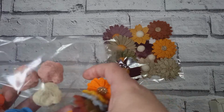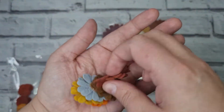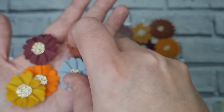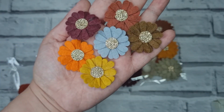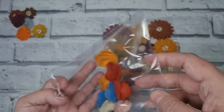So we've got the Autumn Daisies, and there's a couple in each colour, I believe. So these are all different autumn colours here, and I got 6 of those in the smaller daisy sizes. They're so pretty. And then I got these more rose style ones,